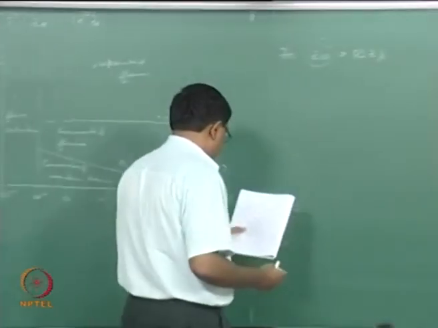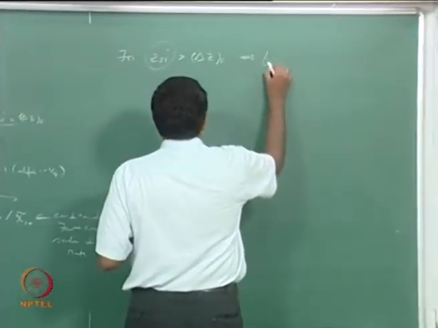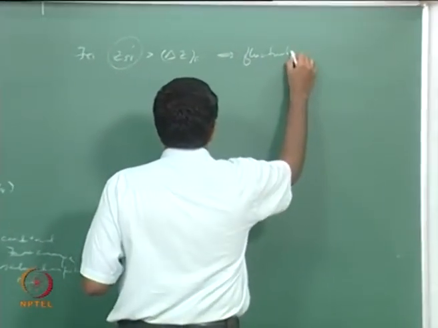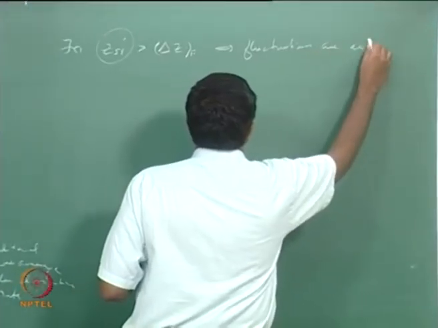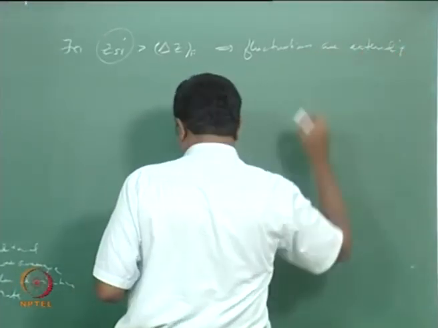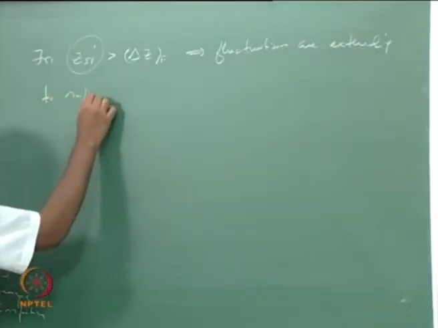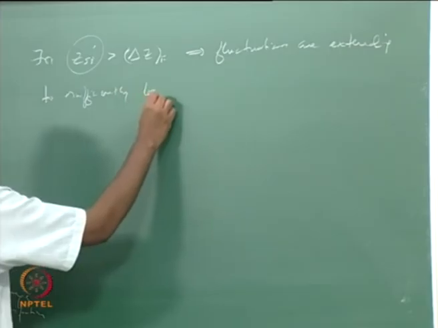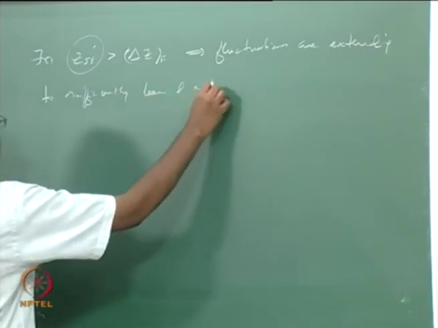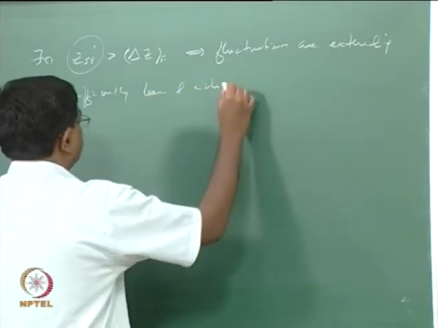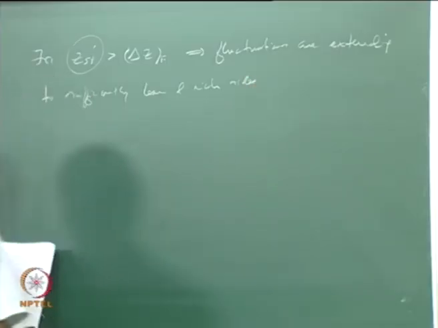This basically means that fluctuations are extending to sufficiently lean and rich sides,